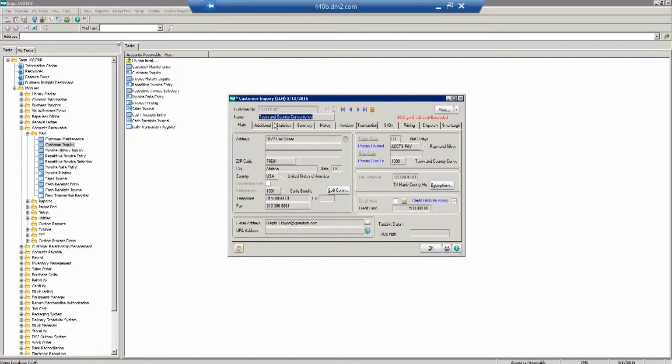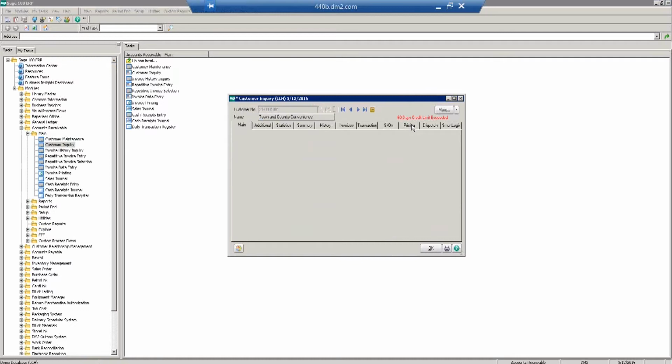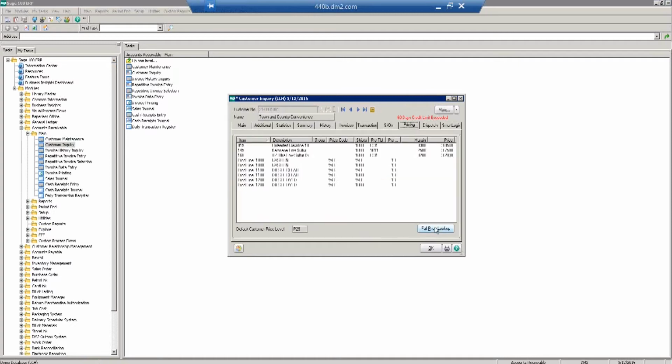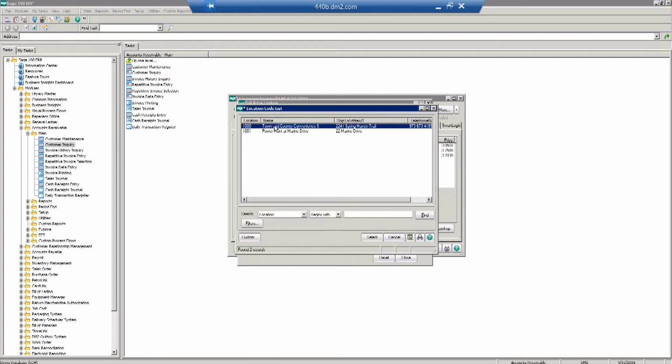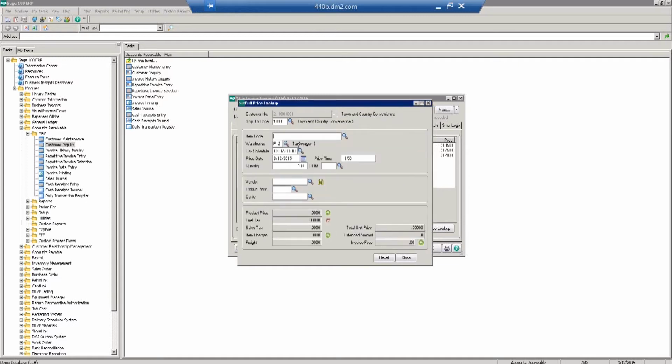So in the customer account inquiry, you go to pricing, and this full price lookup comes up. We choose the ship to location, the item code,